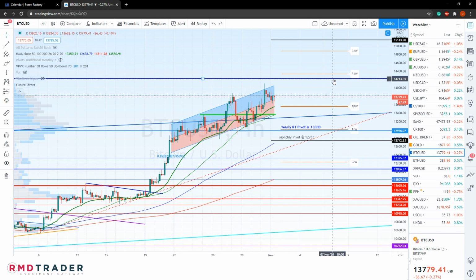And then just considering more bullish areas that we might see, you can see that we have some strong overhead resistance at 14.2, and our R1 pivot at 14,050. And then of course all the way up, at 14,880, we have our weekly R2 pivot. So quite a few bullish targets to look out for, but like I said, always important to stay with price action, especially with